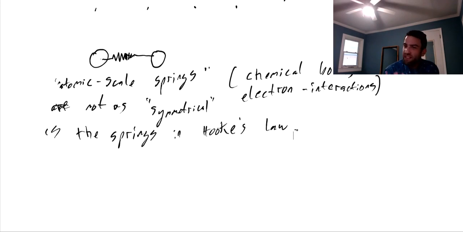Another way of saying this is that Hooke's law has some elastic limit, a range of deformations over which this linear force-is-negative-distortion relation applies. And these atomic scale springs can be in the non-linear or non-elastic regime of behavior. So because these atomic scale springs are not symmetrical, as an object's temperature rises,